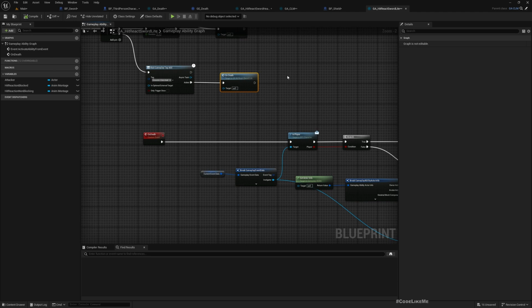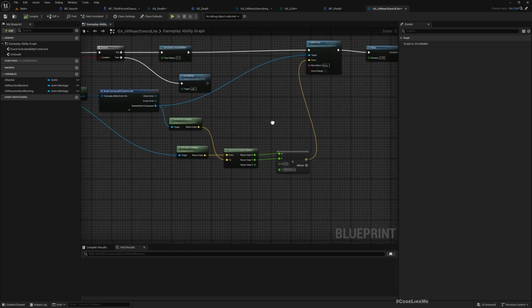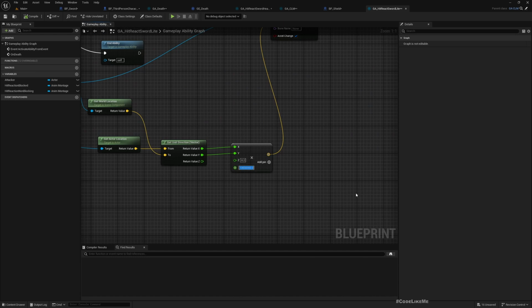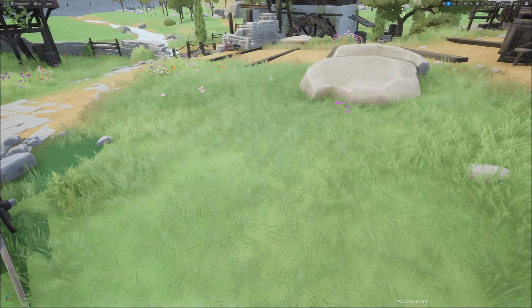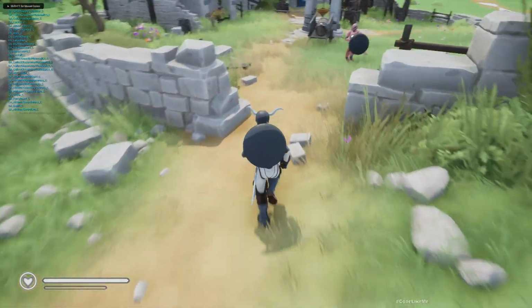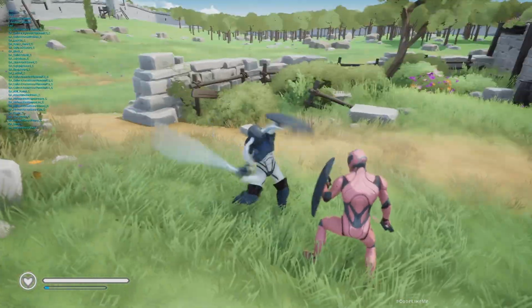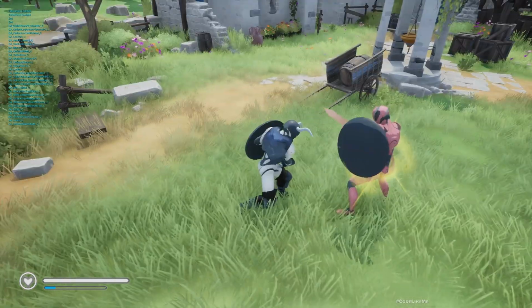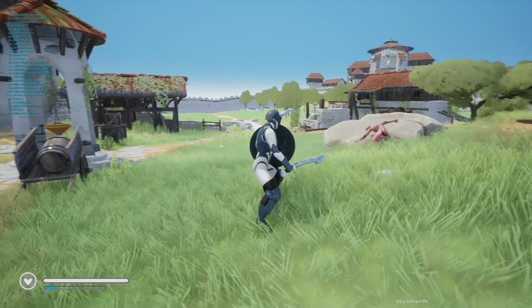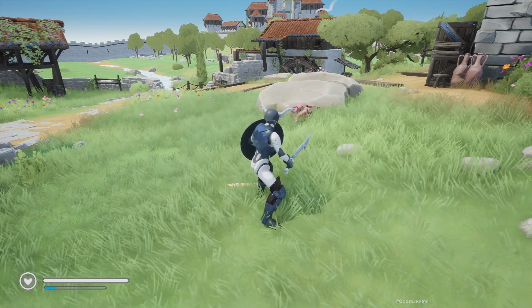So for both light reaction and heavy reaction, we will be listening for this event. But it would be better if we have a smaller force for the light reaction. So instead of 10, I'll make the first number 5. Alright, time to test. Yeah, it worked. Maybe force is a bit too much, but